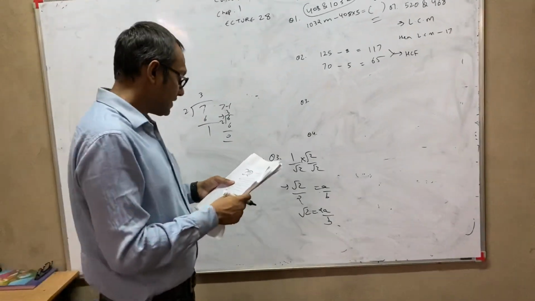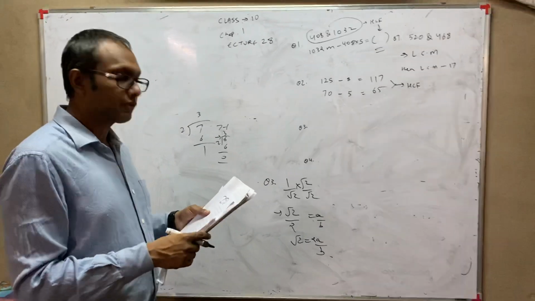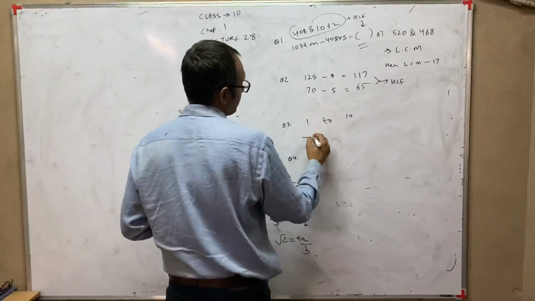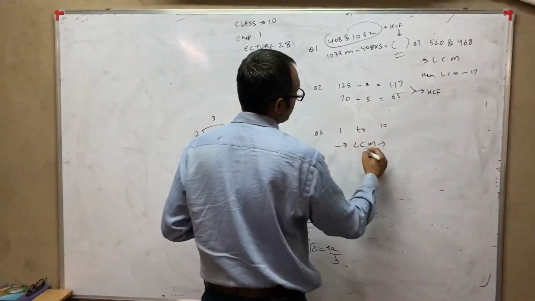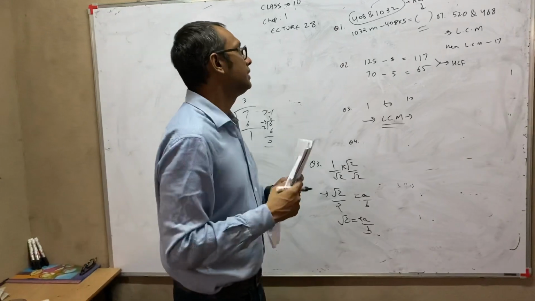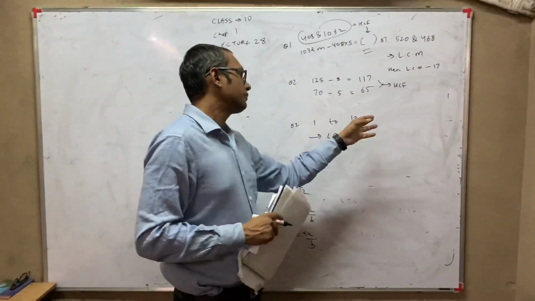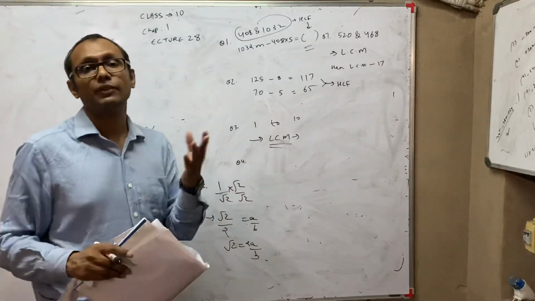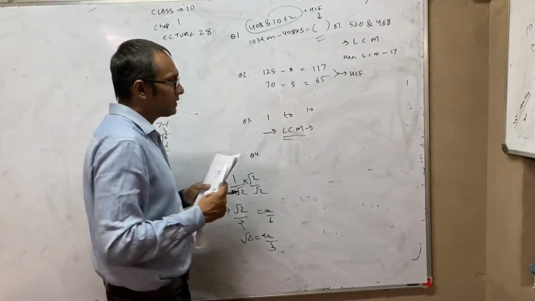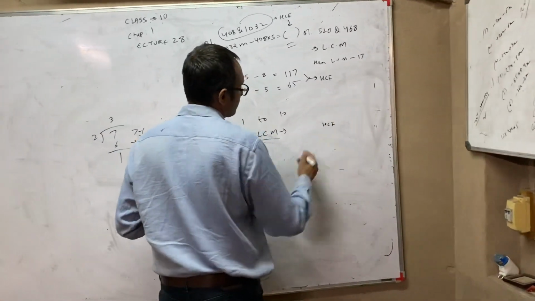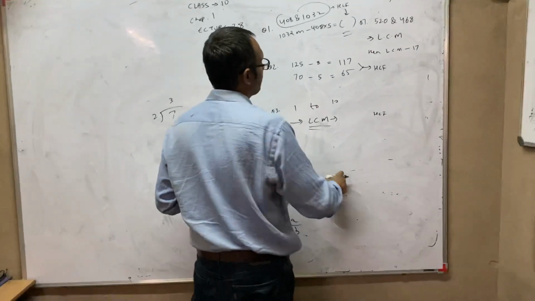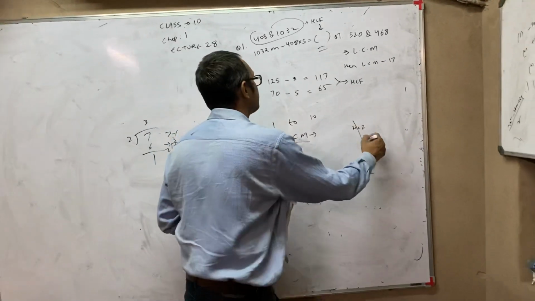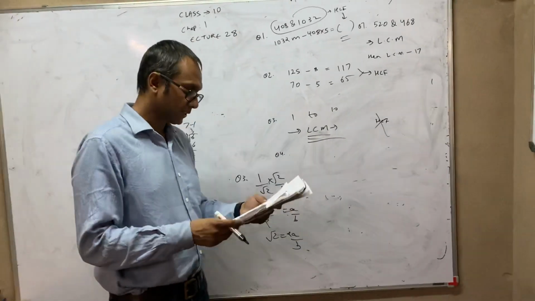Question number 3, find the least number that is divisible by all the numbers from 1 to 10. From 1 to 10 it should be divisible. So here you will find the LCM, and that number you will see is it divisible by all the numbers 1, 2, 3, 4, 5, 6, 7, 8, 9, 10. Some children may get confused and in this question they might find the HCF. In case you find the HCF, once you check your answer, is this HCF divisible by all the numbers, you will find it is not divisible. So at that time you will realize your mistake and say no, we have to find the LCM.